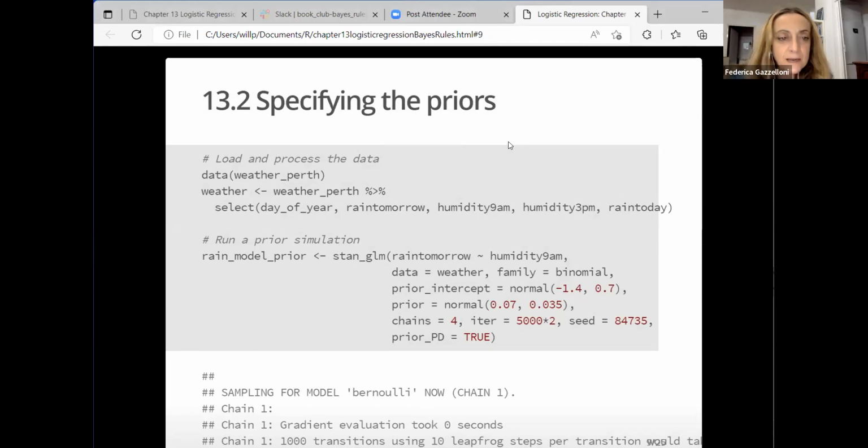Yeah, here, prior intercept. How do they justify this prior? So we use the stan_glm, and then the rain tomorrow based on humidity AM, as we know, and there's like